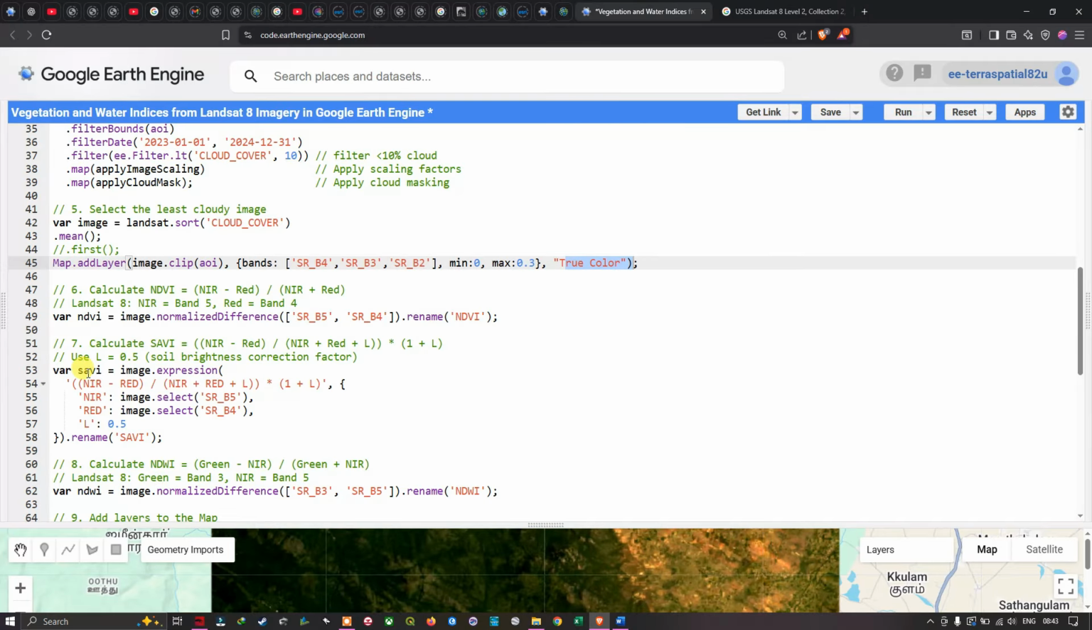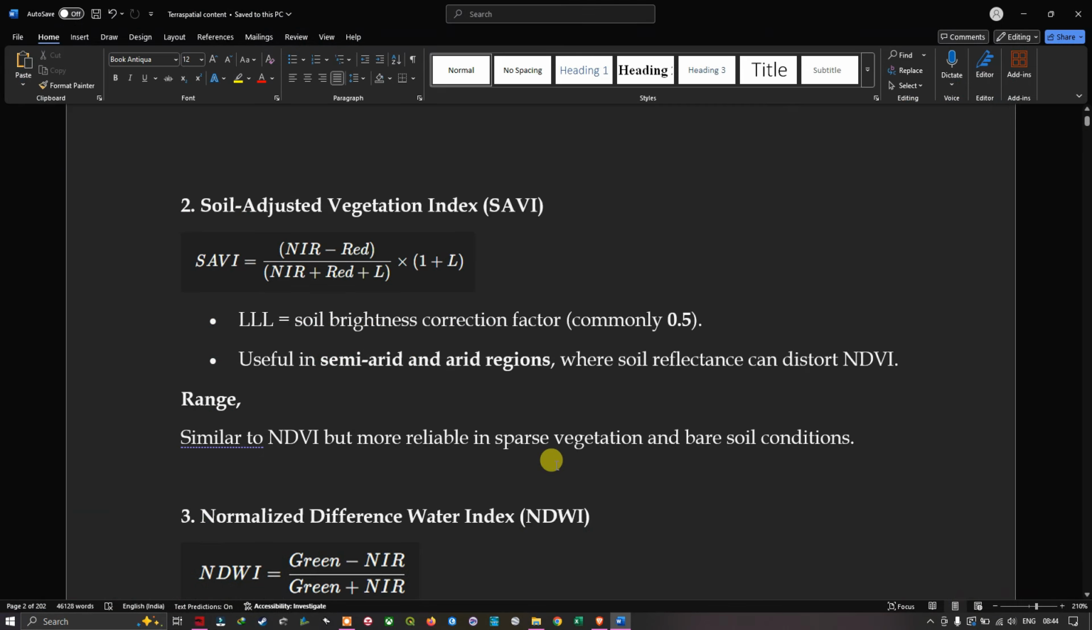So to calculate NDVI, this is the formula, where NIR is band 5 and red is band 4. So we're going to define a variable NDVI equals image, that is our Landsat 8 image, dot normalizedDifference SRB5 and SRB4, which represents SRB5 minus SRB4 divided by SRB5 plus SRB4, and we're going to rename it as NDVI. And similarly, to calculate the soil adjusted vegetation index,